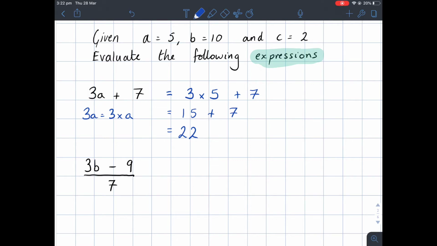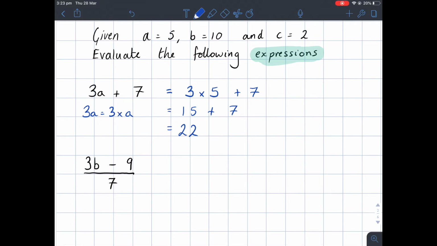Now, again, if we went and changed the value of a, that would then change the value of the expression. But for when a is equal to 5, 3a plus 7 equals 22. Now we're going to move on here. Now we've got a